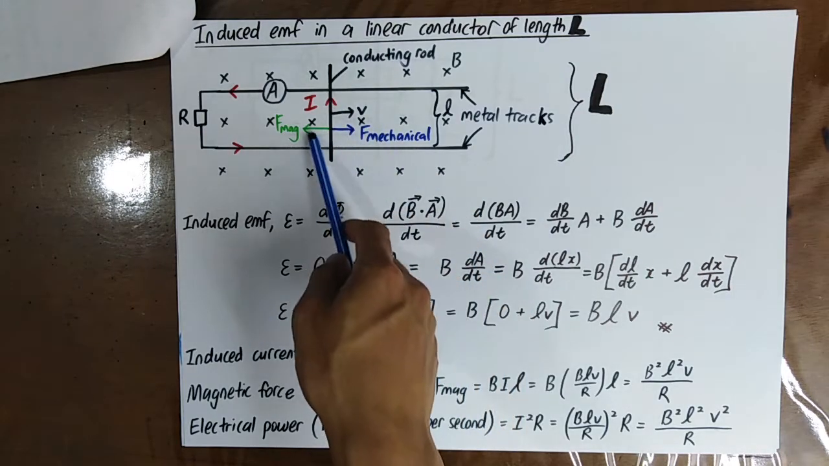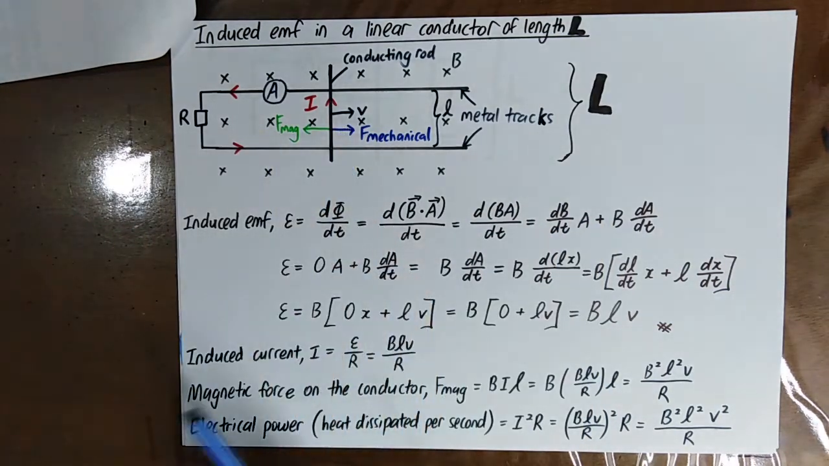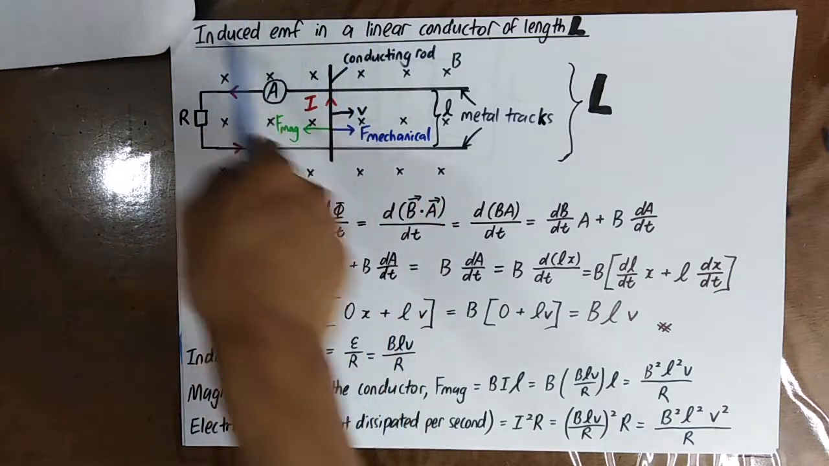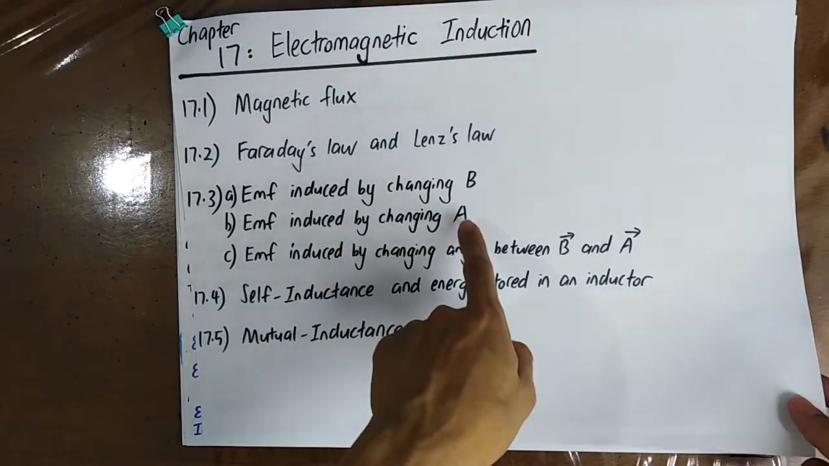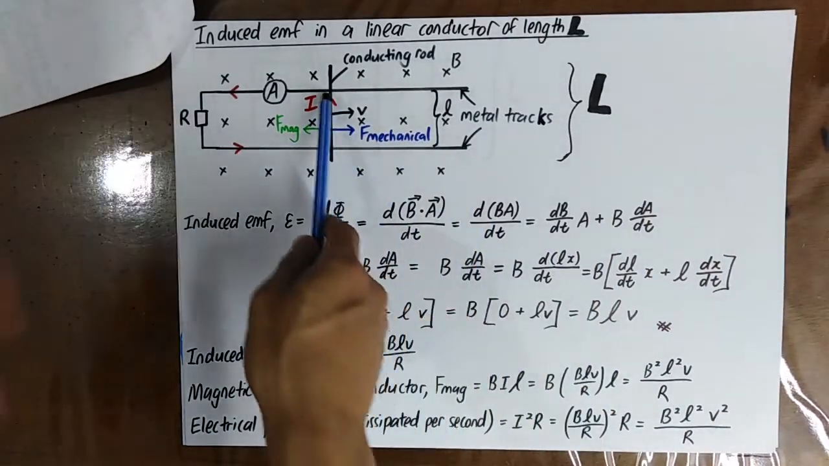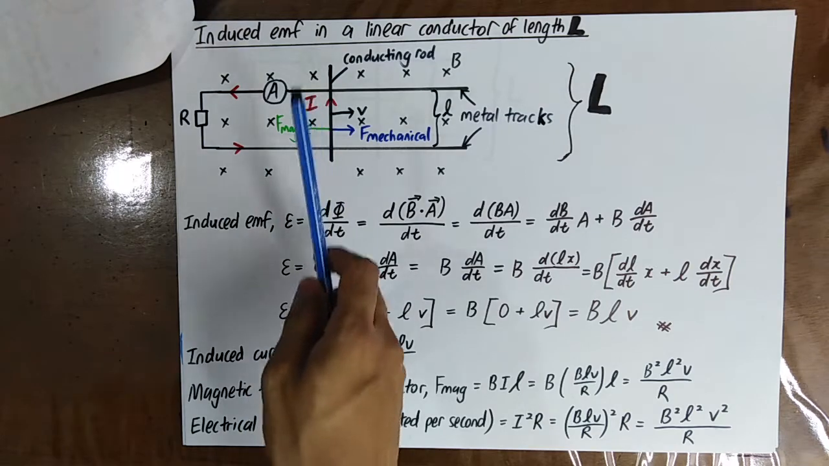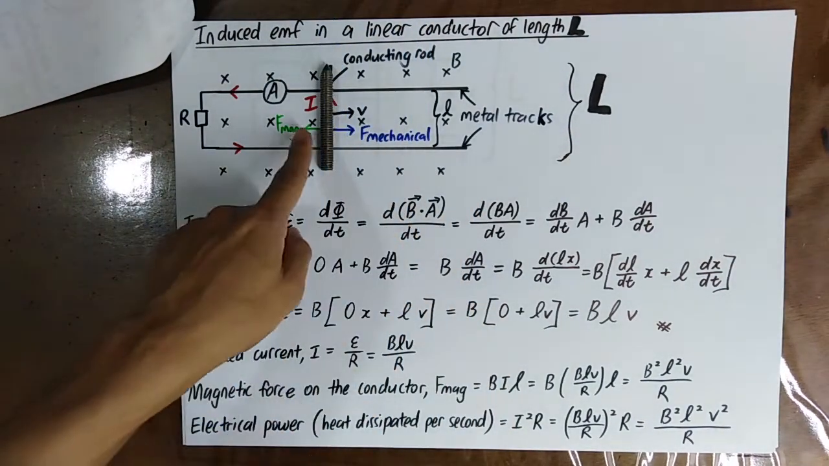But then the magnetic force on the conducting rod as a whole is to the left. Do you know why I put this chapter inside the EMF induced by changing area? Because actually this is an enclosed area. So for example, when the conducting rod is here and then it moves to here,